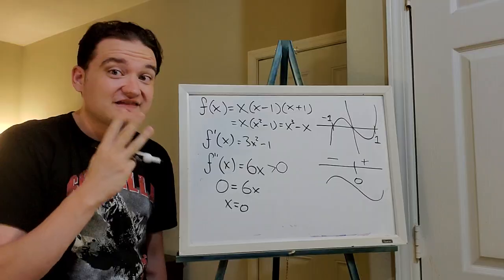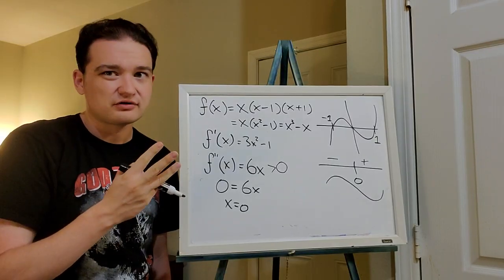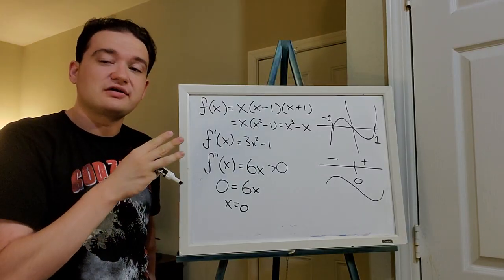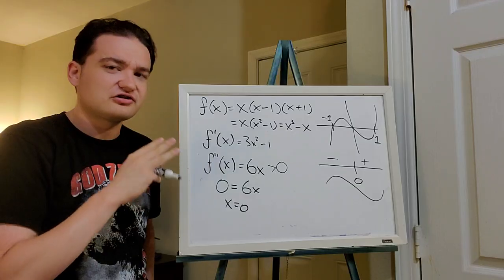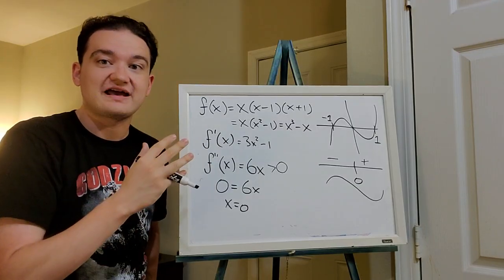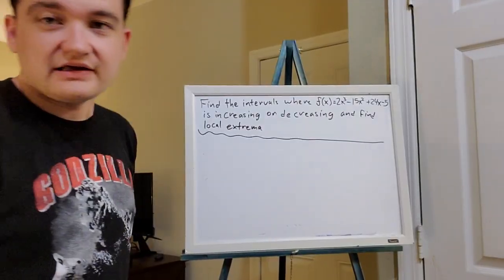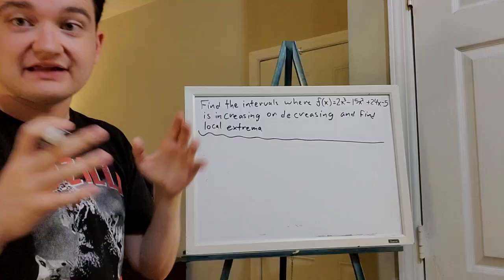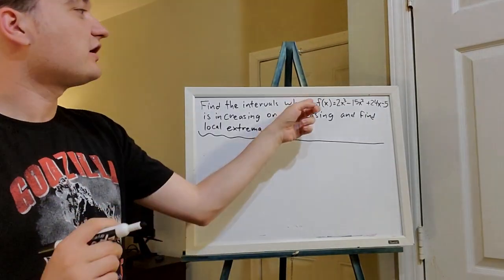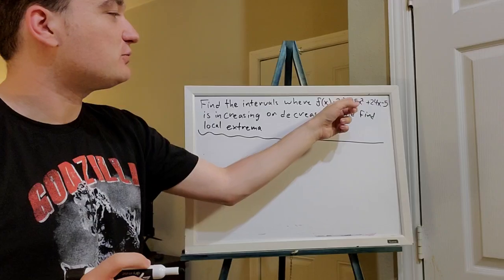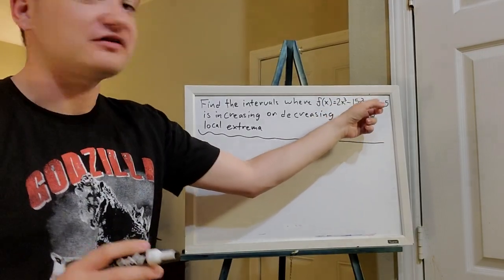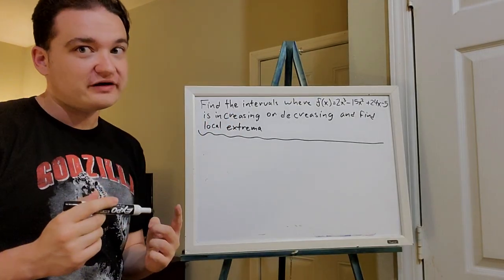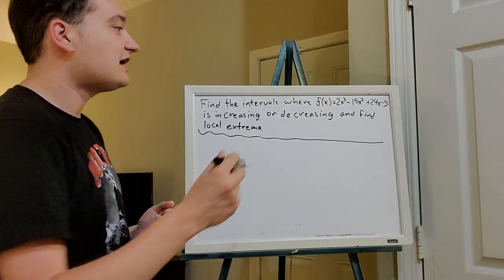So those are the three things we can tell from derivatives. We can tell some more things as we go to higher derivatives, but those are the three things for right now that we need to worry about. And I'll show you some problems where we can use those to our advantage. Okay, here's the second example problem. Find the intervals, just the spaces on the number line, where f(x) equals 2x cubed minus 15x squared plus 24x minus 5 is increasing or decreasing, where our first derivative is positive or negative,